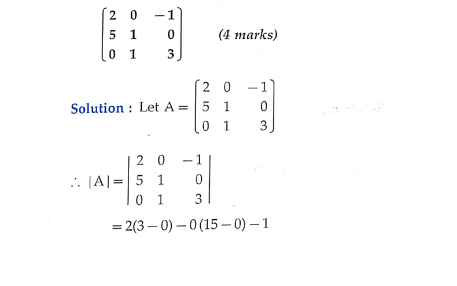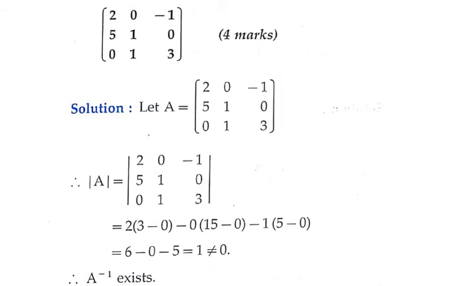Then removing that particular row and column, we get 5 1 0 1, and after cross multiplication we get 5 minus 0. Now simplify that value. So 2 into 3 minus 0 is 6, then 0 multiplied into that part is 0, and minus 1 into plus 5 is minus 5. So 6 minus 0 minus 5 is equal to plus 1, and 1 is not equal to 0, hence the given matrix is a non-singular matrix, therefore A inverse exists.